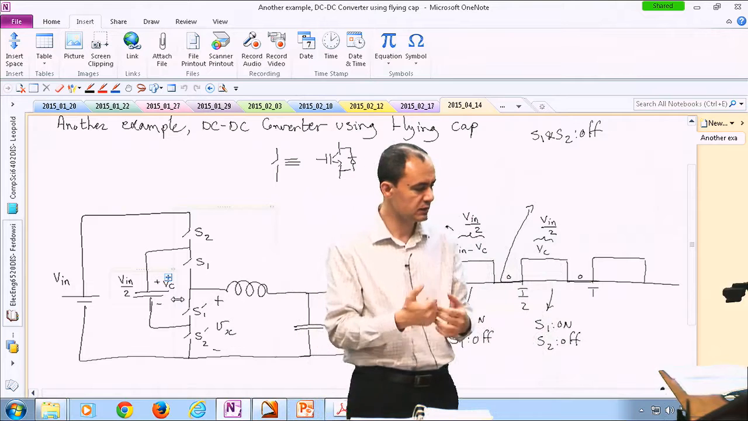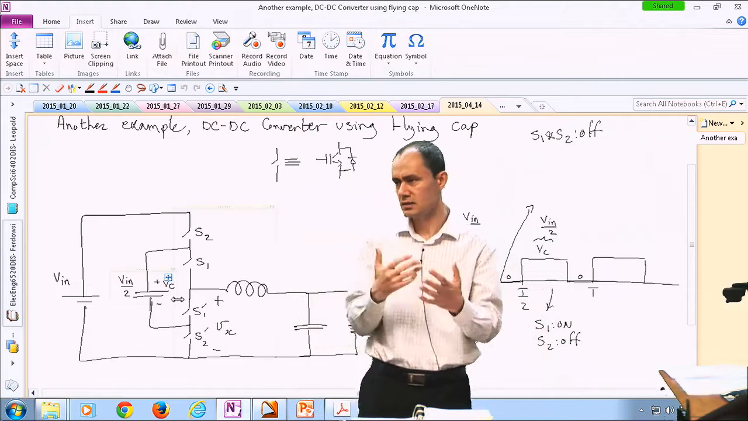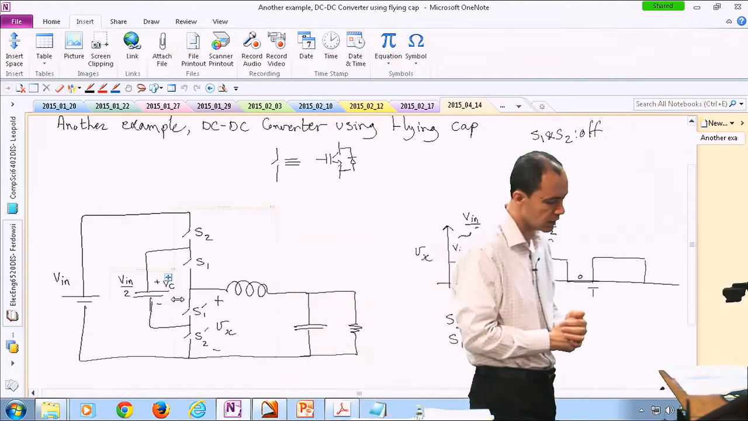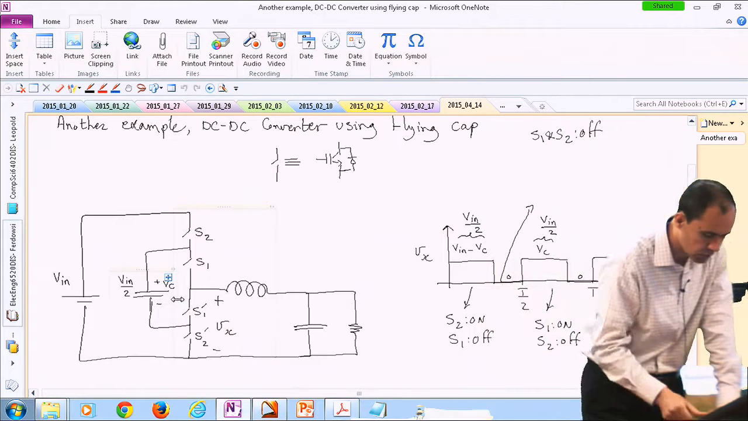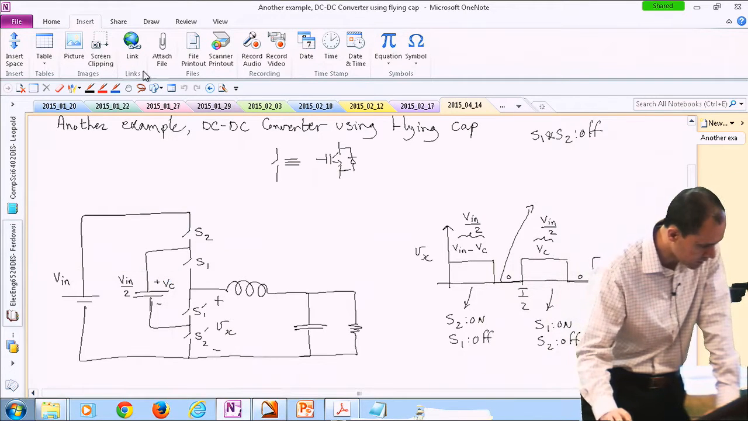Is it really Vn minus Vc or Vc? Because Vc is half of Vn anyway. But the capacitor actually sees the difference. So if you are curious about the charging cycle of this capacitor,